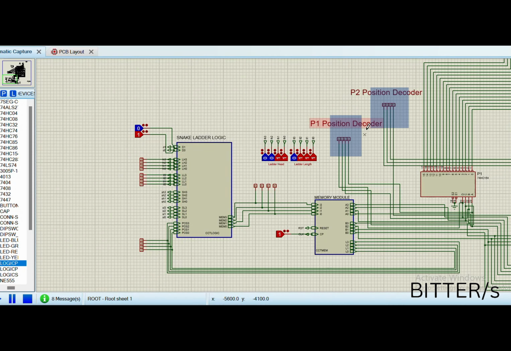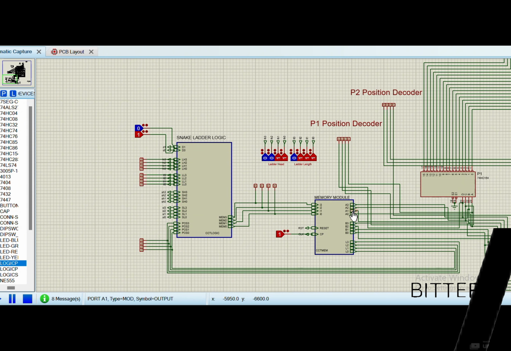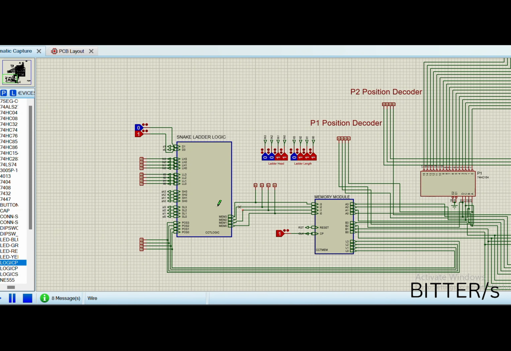These represent the current position of the corresponding players, this of player 1 and this of player 2. This is the input from the memory module of the current player's position. And this here is the position of the selected player after adding the dice value. So as we start the simulation,